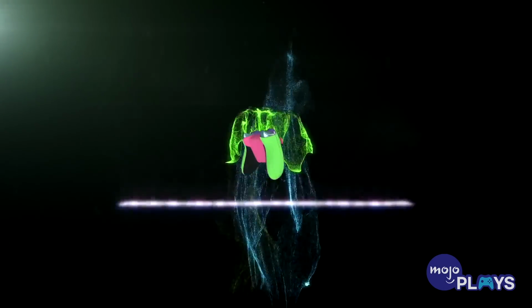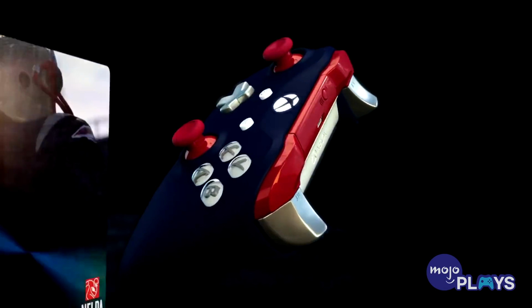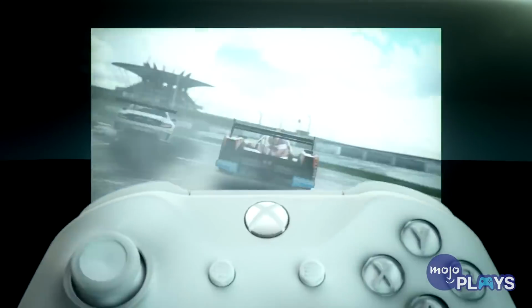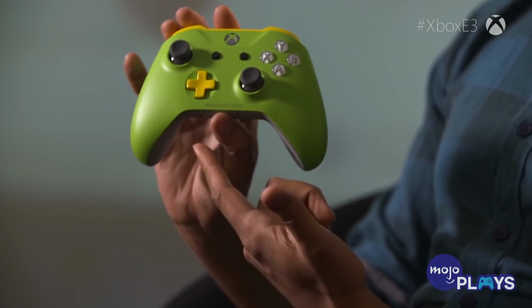The example given by Microsoft was the smell of flora if you're exploring a jungle, for instance. While this would have been cool for some games, there are often times that we don't want to smell what we're seeing. I mean, do you really want to be bombarded with the smell of gasoline when you're trying to play Forza? There was also an idea to install a built-in projector to the controller to add an additional display,